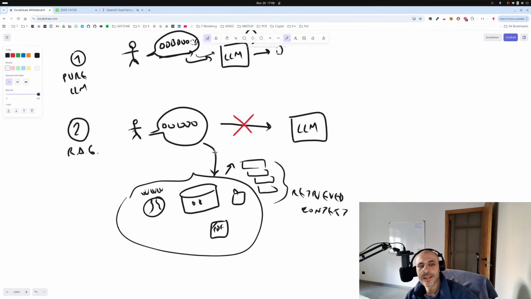This context gets added to the original conversation and question by the user, and then you feed this to the language model. So basically you add the retrieval step, so the language model does not see the conversation directly, but the conversation enriched, augmented by stuff you pick up from search engines or databases and every kind of knowledge system. Retrieval.